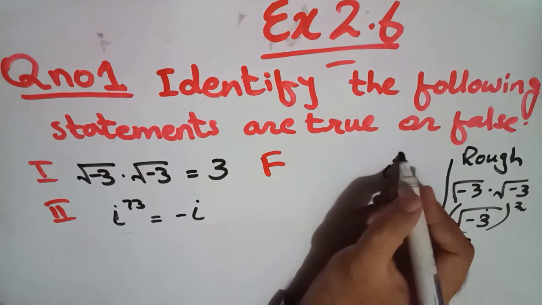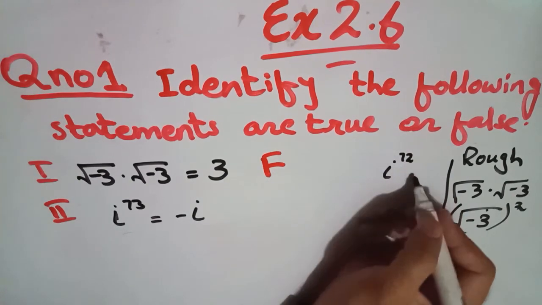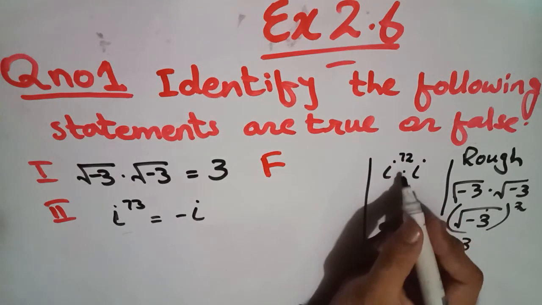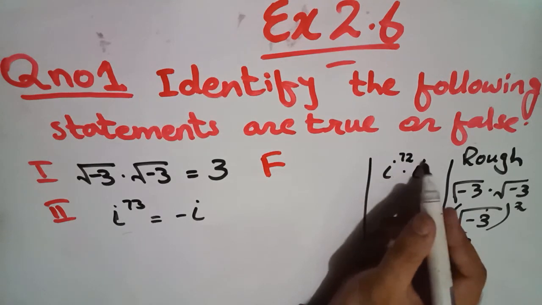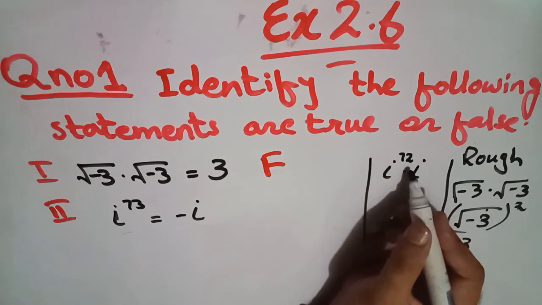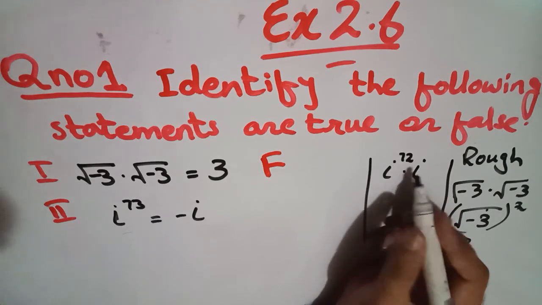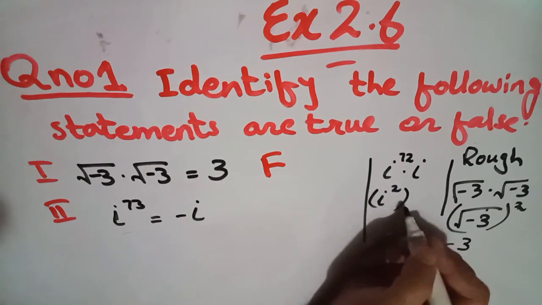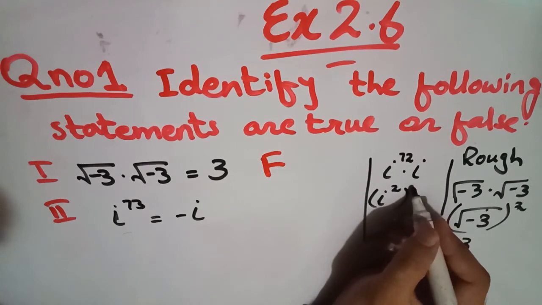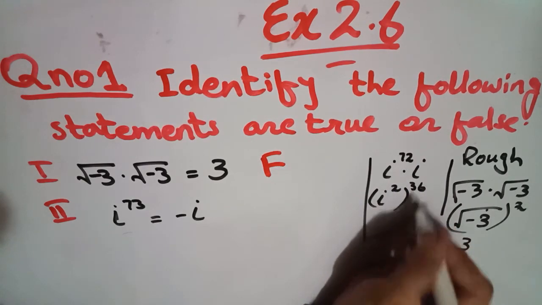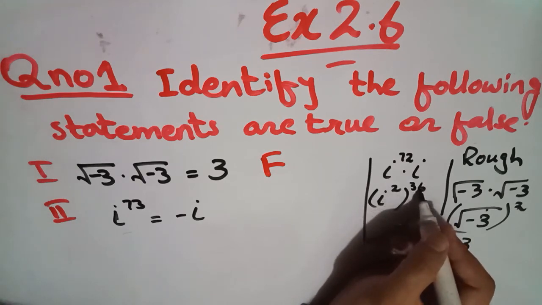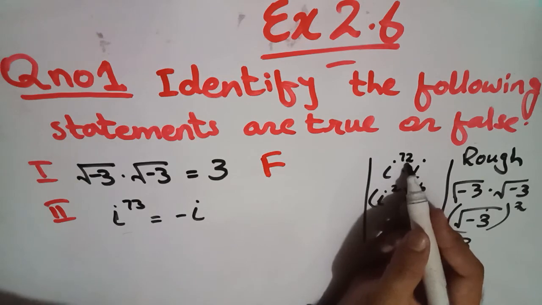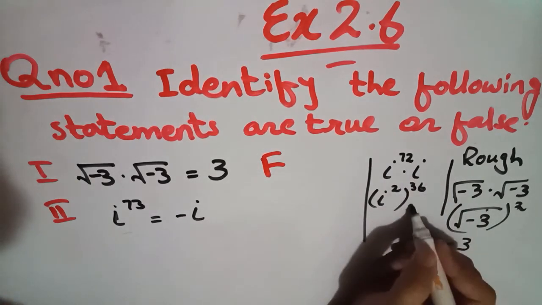First of all, we will change it into the even power, iota 72 and iota. This is rough work. So when you change it into the even power, by splitting the power, iota 72 and iota 1, I will split it again into iota square and iota, you can write it iota 36. Iota square is power 36, because 36 multiplied by 2 is equal to 72, and this iota is written